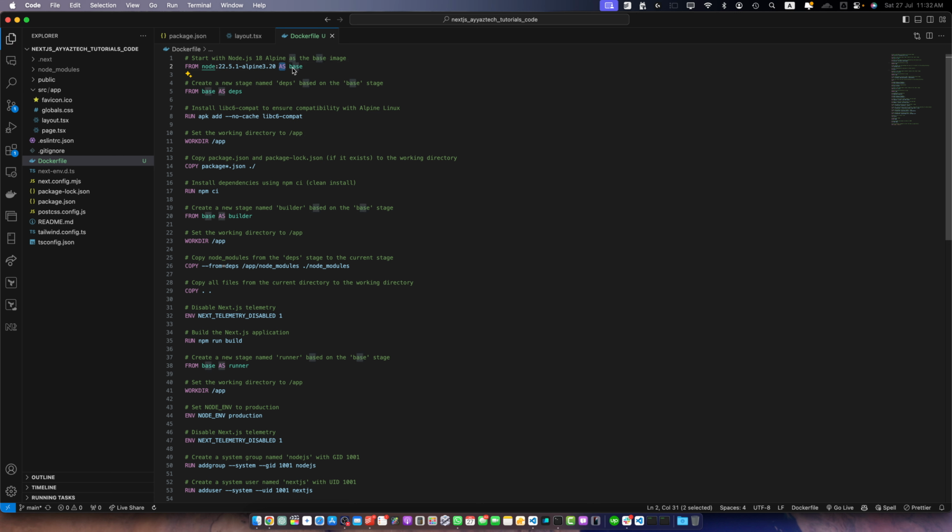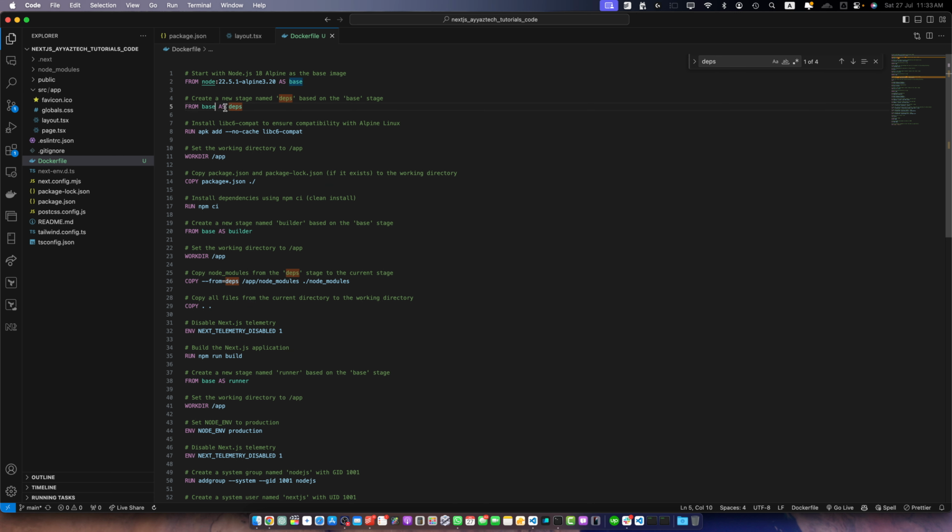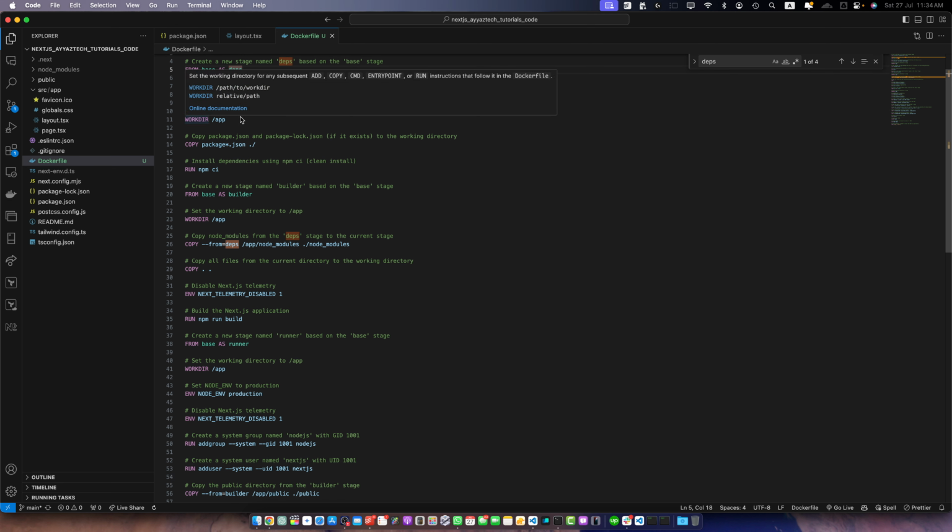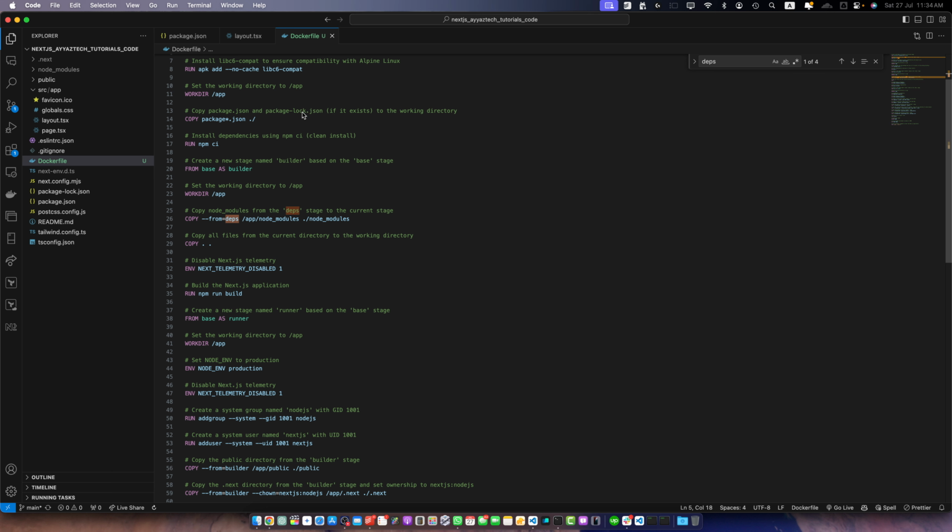Now we are using the alias base that would be used after it. Here I'm just creating a new stage with a different name based on the base stage, and I'm installing some required libraries to ensure compatibility with Alpine Linux. Then we are setting the working directory to the app directory in the root of our container, and then we are copying the package.json,